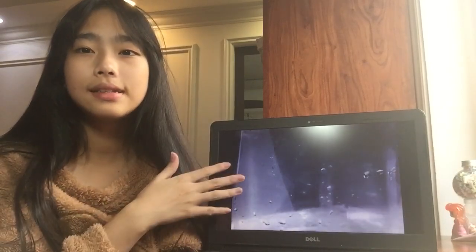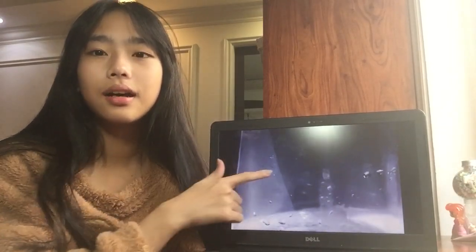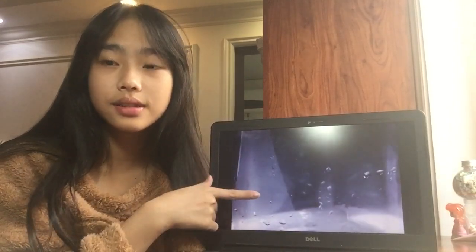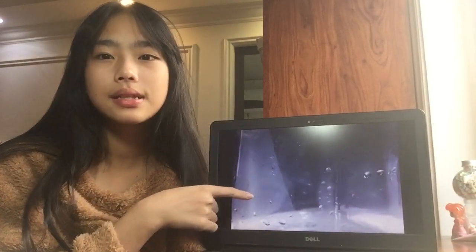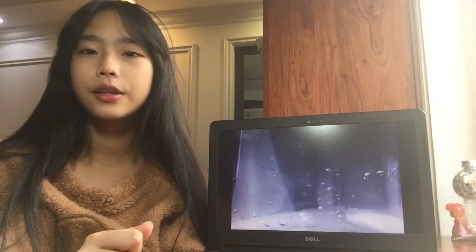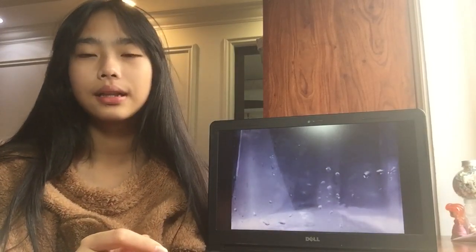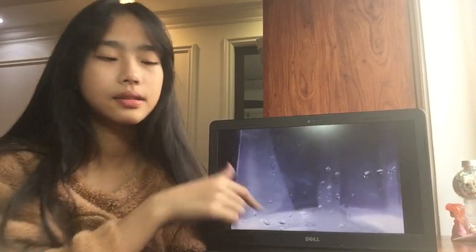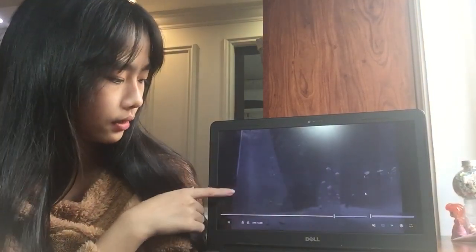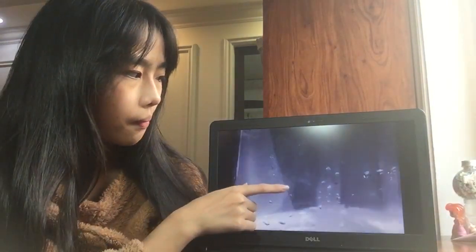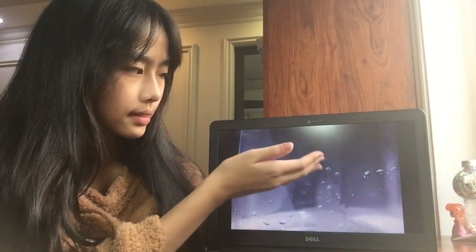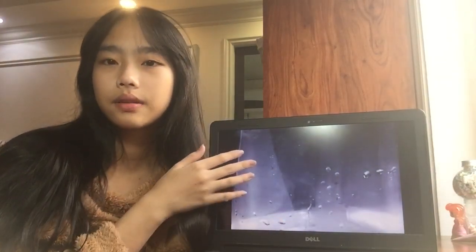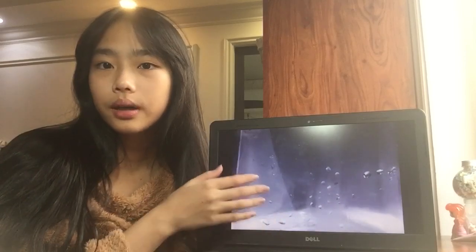Some of this is forming the clouds, and you can see tiny droplets from the cloud, and it seems like it's cloudy in here. Look, you can see and observe that some part of the cloud is flying up, going up from the